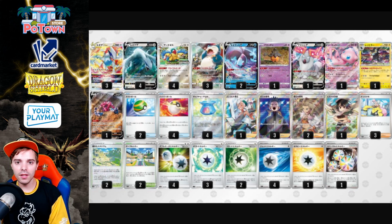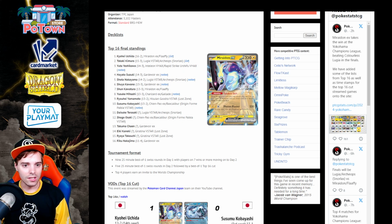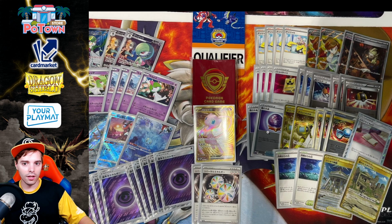And this seems to be like a classic build. 3 Snorlax, Thumping Snore, and yeah, the deck is just solid. I think it seems like instead of going for Single Strike Lugia, people all went for Colorless Lugia over in Japan. Then we have 6th place Gardevoir, and this Gardevoir is, yeah,